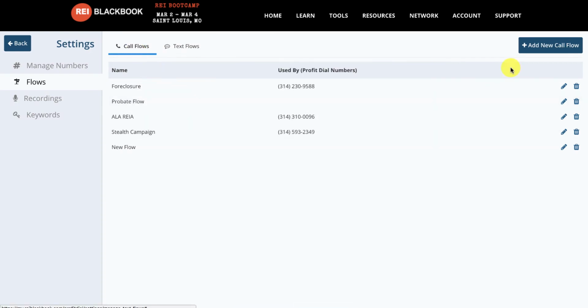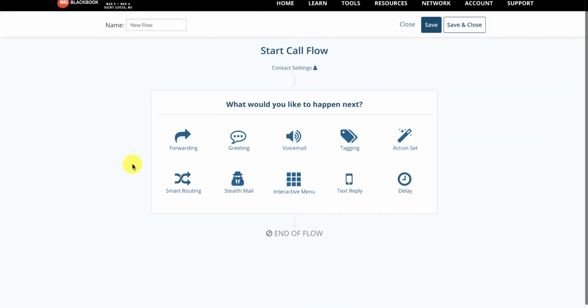And the call flows, you can do some pretty cool stuff. So as I add a new call flow, you can see you can forward it to any number. They can play a greeting, voicemail, tag any contact. Again, it's already integrated with the CRM. Trigger an action set. That's basically a follow-up plan. So, lots of things you can do. Set the source, set the category, trigger a 1-year follow-up plan, trigger more phone calls out to them, whatever you